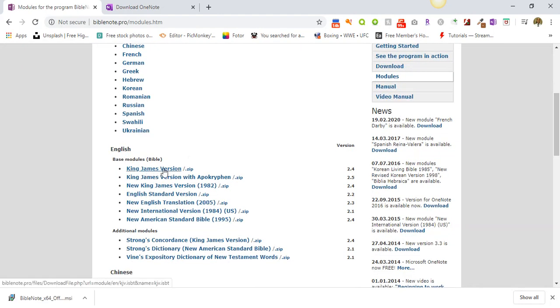Version because this is the one I like using. You can choose the New King James, you can choose the English Standard Version, whichever version you want, New International Version or New American Standard, or the New English Translation. You can choose any of this and you can download it. It's up to you. All right, and there are additional modules here if you want to download, like the Strong